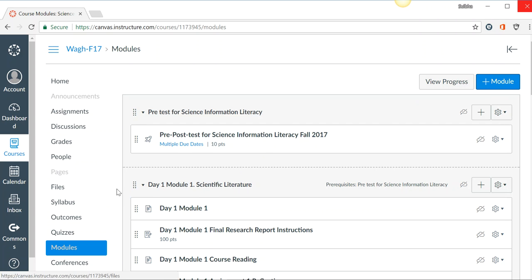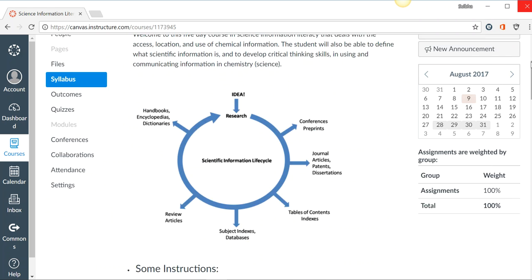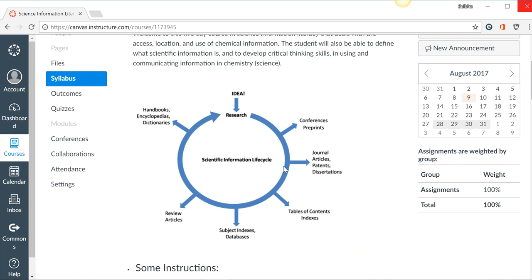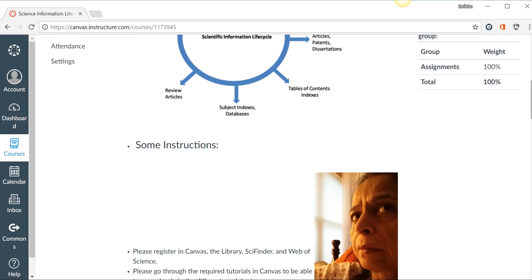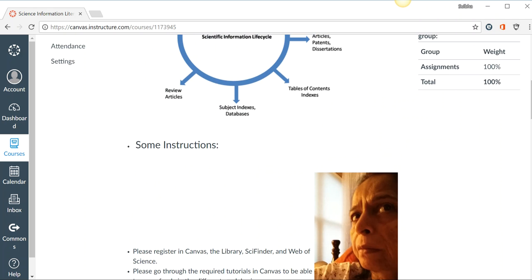So I'm going to start with the home page as before. And I wanted to mention a few things. This is the diagram that will show you what my intent is. They have to learn all of this, how information or communication is in scientific literature, and how to access and analyze it. That is the main goal of this